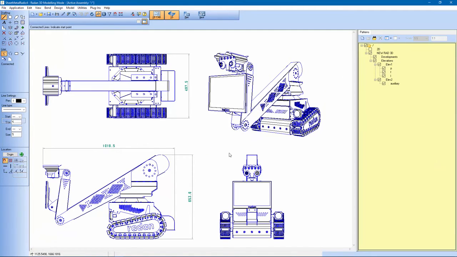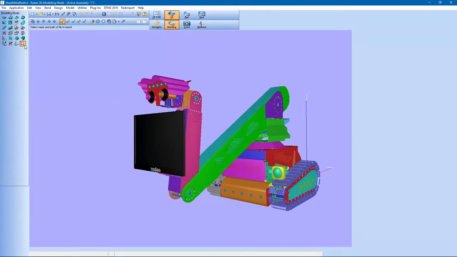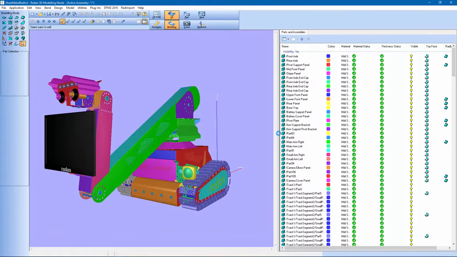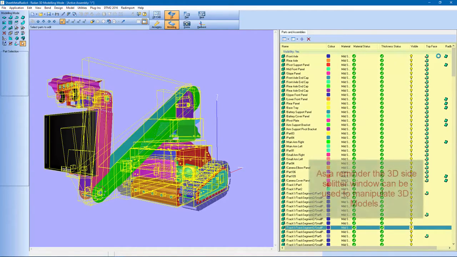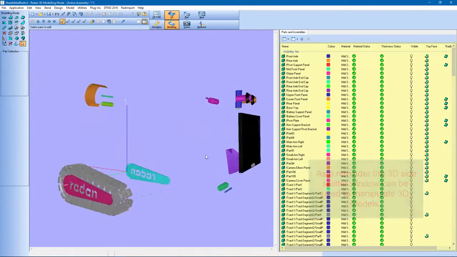If we now go into 3D and switch on the splitter window, you can see that in the side panel I've got a lot of information and details about my assembly. By selecting components in this side panel, I can very quickly turn on their visibility, change their material or color,